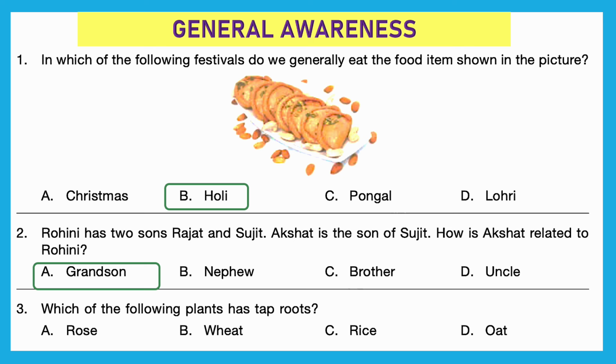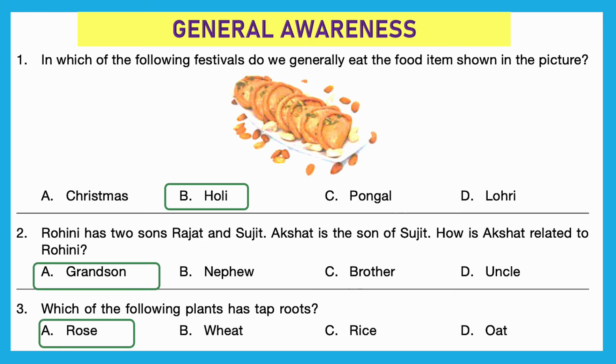So here, if we see the options, A is rose, B wheat, C rice and D oat. Here wheat, rice and oat have fibrous roots. And rose actually has a hybrid root system. This is because they initially have a taproot system in which a primary root grows deep in the soil, but as they mature, they take on a fibrous root system. So here, the only option which has a taproot, maybe initially, is A, and that is the correct option for us,